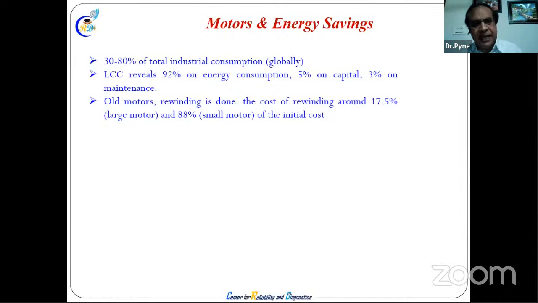It should not be eccentric. There are a lot of motors we have seen eccentric in the bearing, and it takes a lot more energy than it is supposed to. With old motors, rewinding is common. Someone says the motor has failed, get it rewound. More rewinding means more energy consumption for that motor, because every time there are human errors.